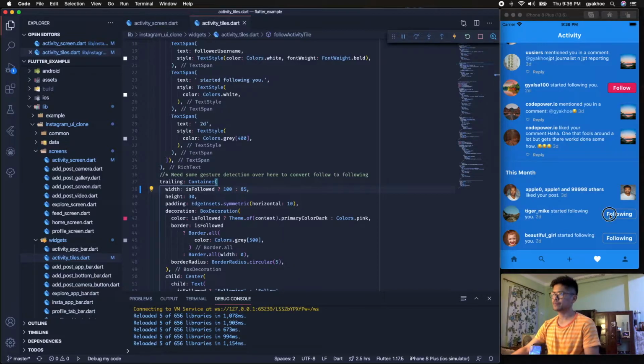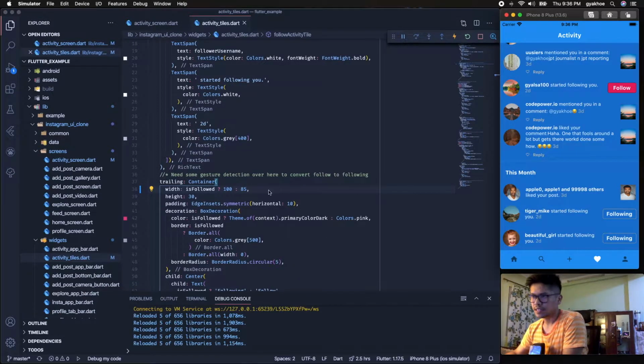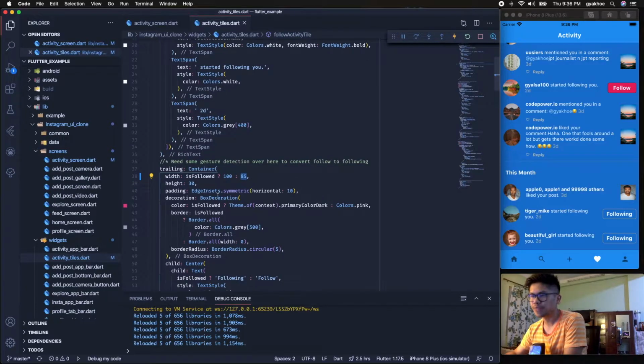Here, see, we have said that if you are following them, we're gonna show the text following, so that's why we are giving a little bit extra space over here. Otherwise we will only need to display the follow text. That's why we have set the width to 85. So height is 30,